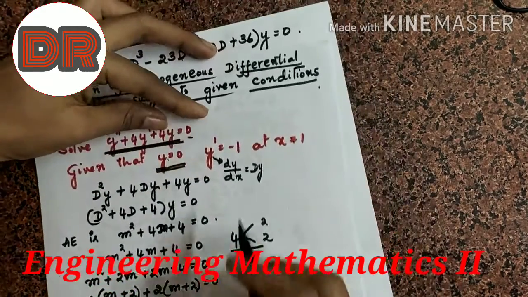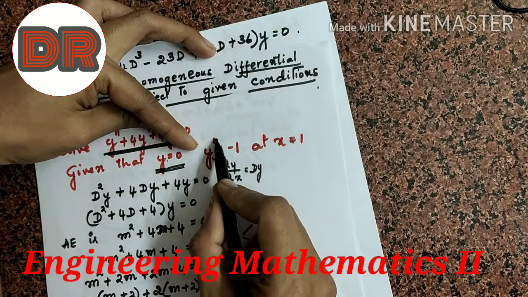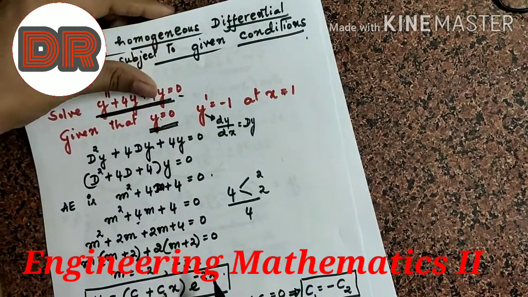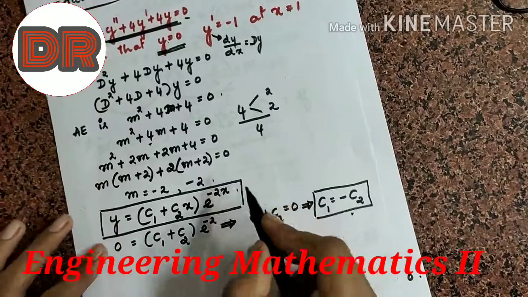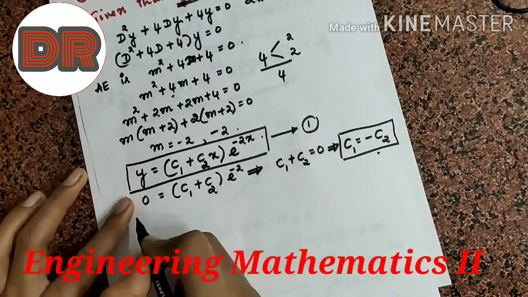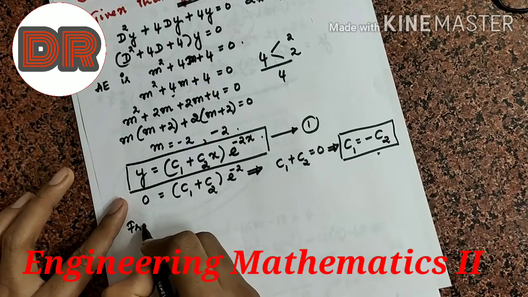Let us make use of the second condition, that is y dash is equal to minus 1 at x is equal to 1. So what is y dash? Y dash is dy by dx. Let me take the earlier solution as equation 1. So from equation 1,